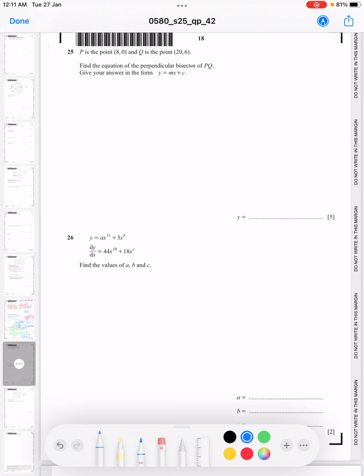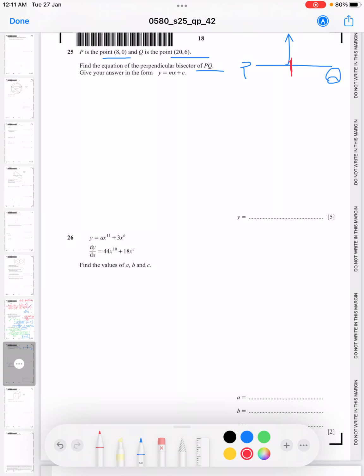Let's read the question. P is the point (8, 0) and Q is the point (20, 6). Find the equation of the perpendicular bisector of PQ. This is line basically P and this is Q, and we need to find out the equation of the perpendicular bisector, this line, right? We need its equation. Okay, so first we need to find the midpoint, because a bisector means it's the middle